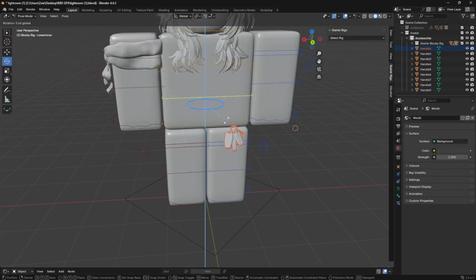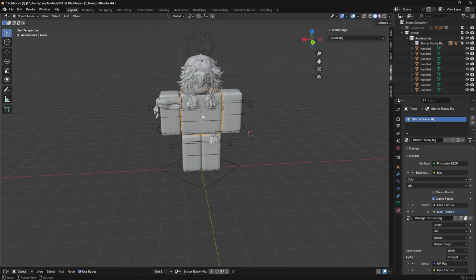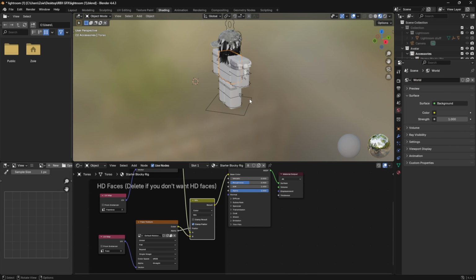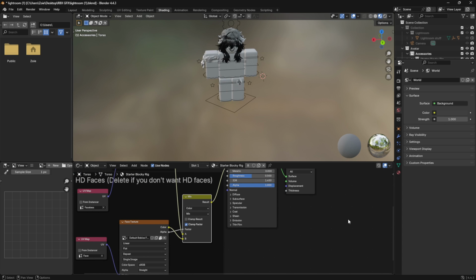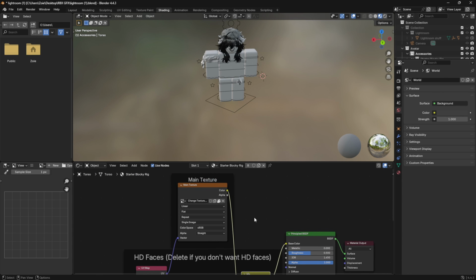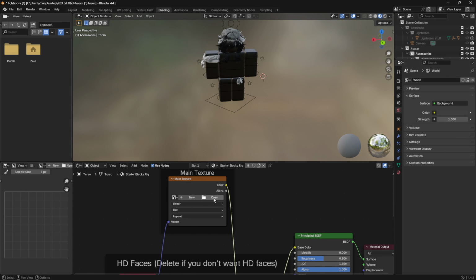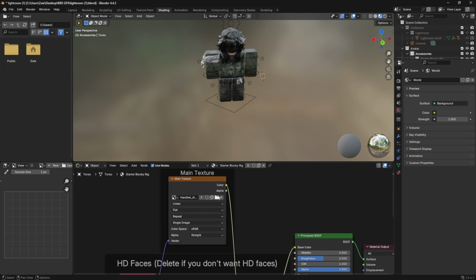Now as you can see, if I move it, it all moves together, no accessories are left behind or stayed still. You're going to click on the torso or any body part, and then you're going to go into shading, and then you should see this little graph on the bottom, and you want to scroll up until you find main texture. You're going to first click the X, and then after you've clicked the X, you're going to go into files, and you're going to click any of these handles. That's basically the texture of it, and it'll give you back your clothes,